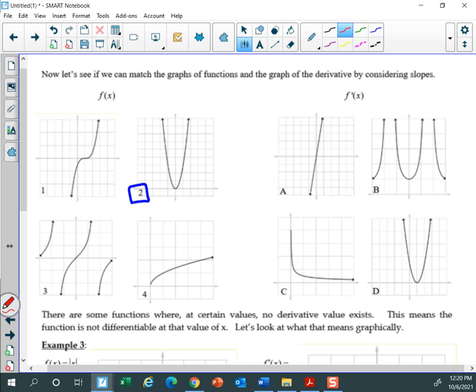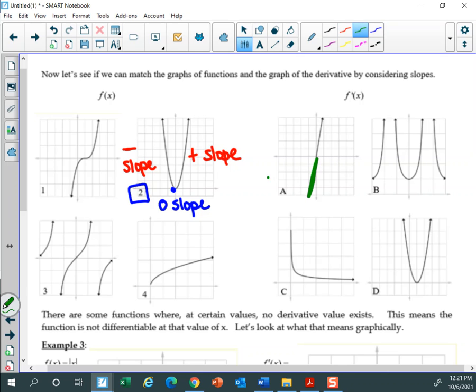Graph number 2 has negative slope and then positive slope. So the match would have to have negative y values, and then positive y values, and in between a y value of 0. So left to right: negative slope, zero slope, positive slope